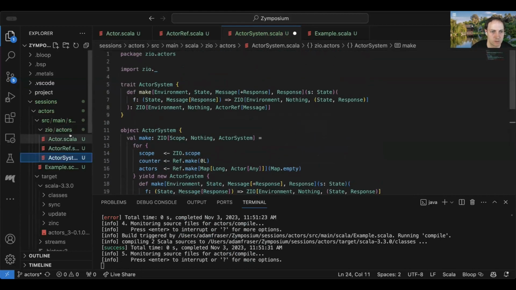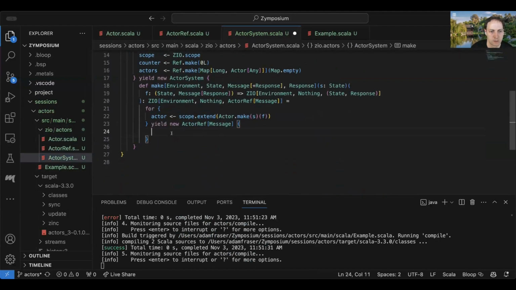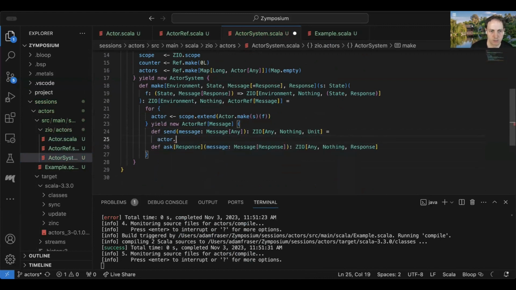Just grab those abstract methods of the actor. And so then these can be implemented by just delegating to the real actor.